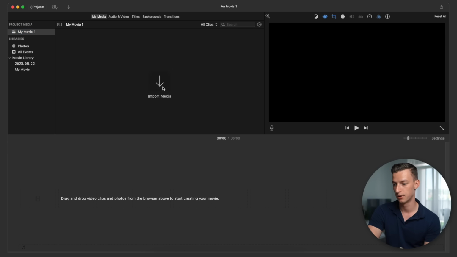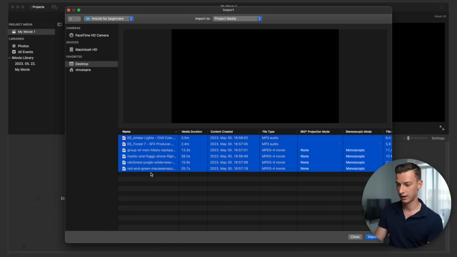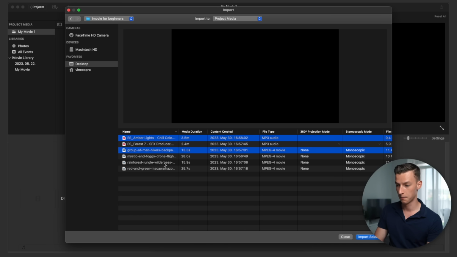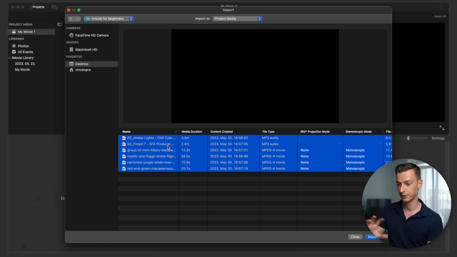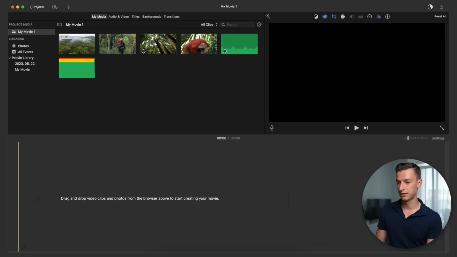And you can select multiple clips and files at the same time by pressing first on just one of them and then holding Shift on your keyboard. And then if I click on this lowest one, as you can see, it selected all of them. Now, if you want to select certain specific files individually, what you can do is press Command while clicking on the next file, and then it's just going to select those that you click on while you are holding Command on your keyboard. So I'm going to click on Import All,